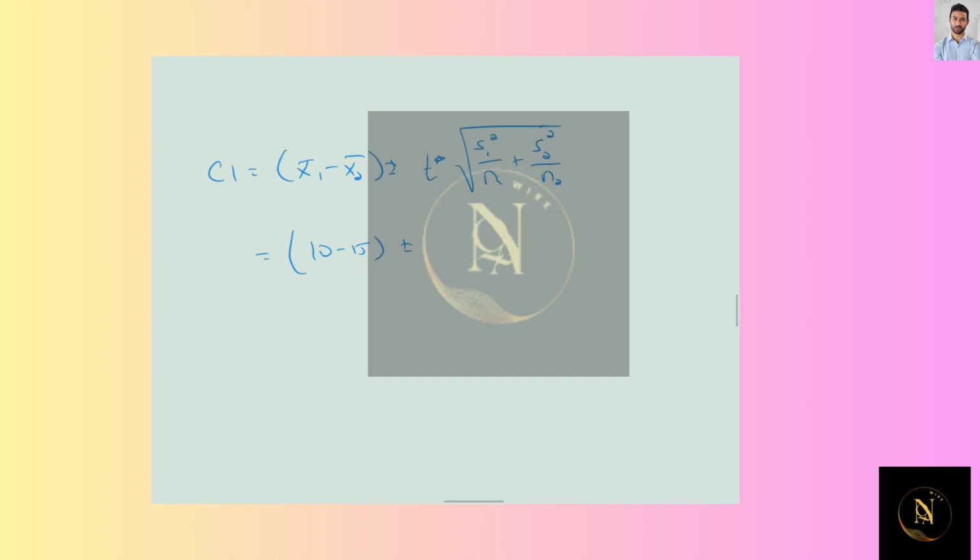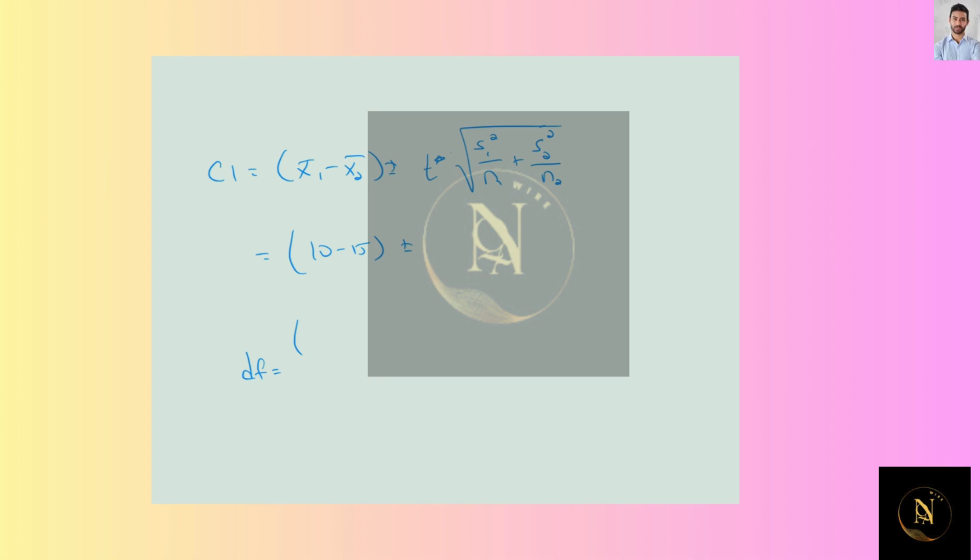So, given that the first sample's mean was 10 and the second 15, now the critical z, well, actually we need a critical t here. And we'll need to calculate the degrees of freedom for the t distribution, and that would be